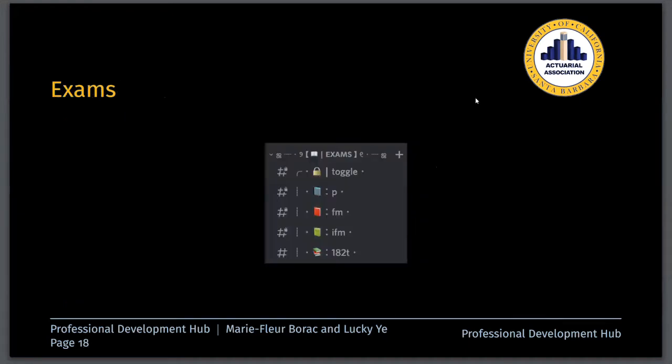On to the next slide. Here is the core feature of our server, which is the exams. For those who have not participated yet or missed the opportunity for the exam study sessions, you can still join. But if it's not convenient for you or you're not comfortable, you can also use a temporary study session on our server, which is under the exams category. From there, you can communicate or discuss any event or question you might have for any of the following exams you might be interested in.